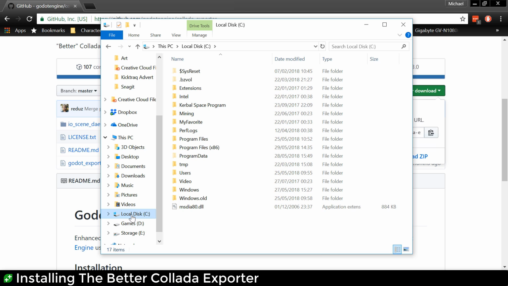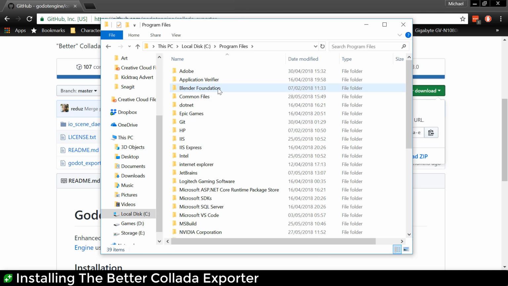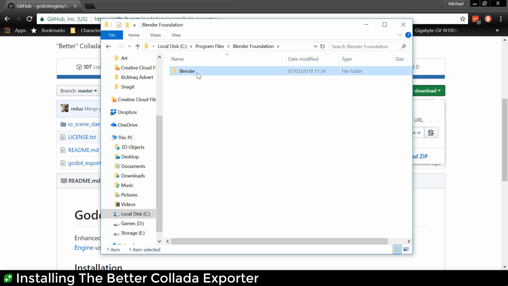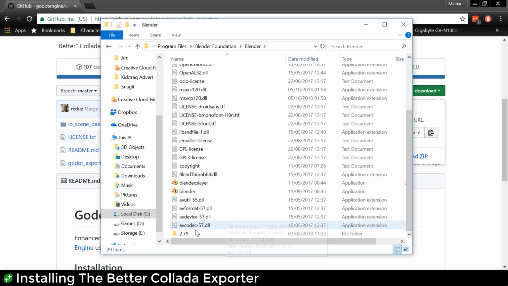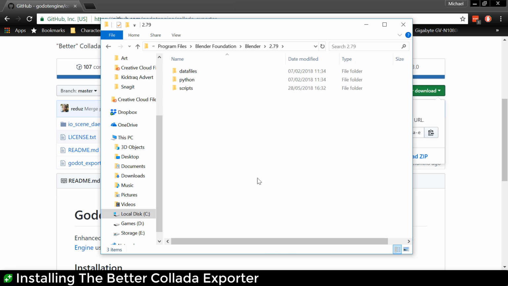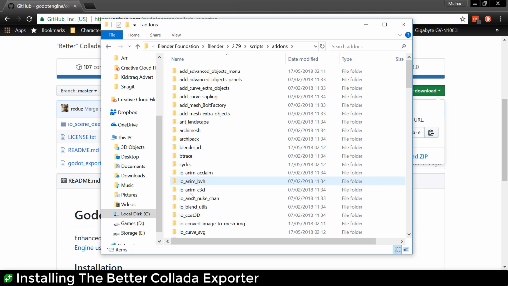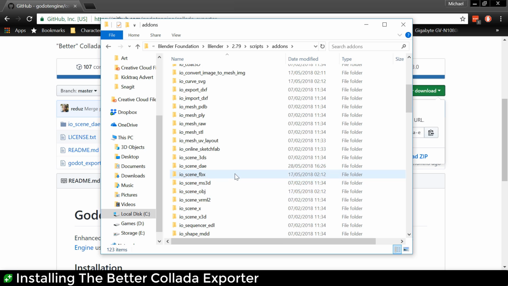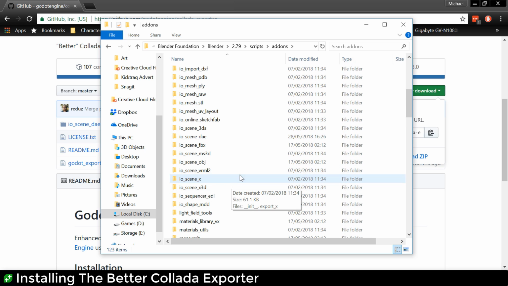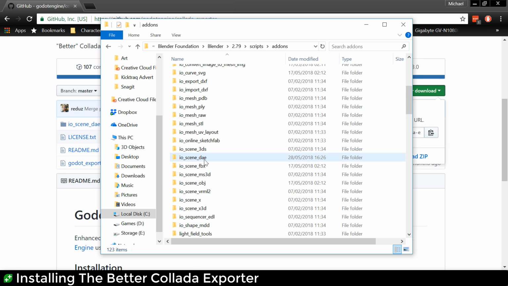Now on a typical Windows installation, it will be on your C drive, under Program Files, under Blender Foundation, Blender, and if I scroll down, 2.79. Now, if you're watching this later on, this version may be different, but if we go ahead and open up 2.79, go into the scripts folder, go into the add-ons folder, and finally without. You'll see these other IOs in here already. Now, because I've already installed it, if we scroll down, we will find that we have, there it is,